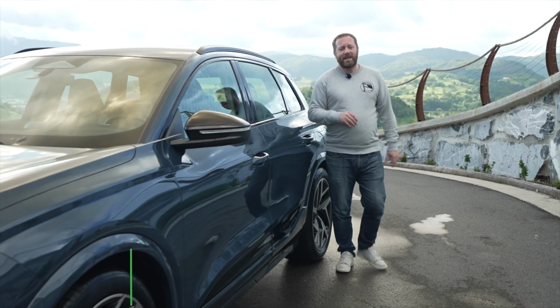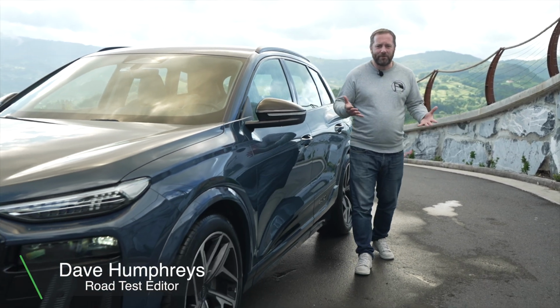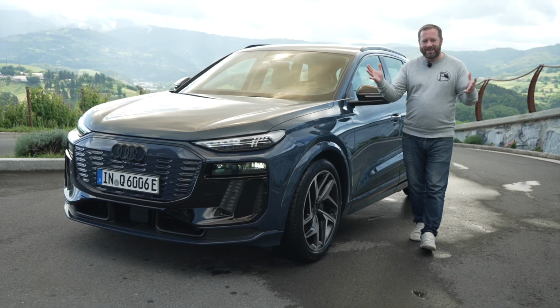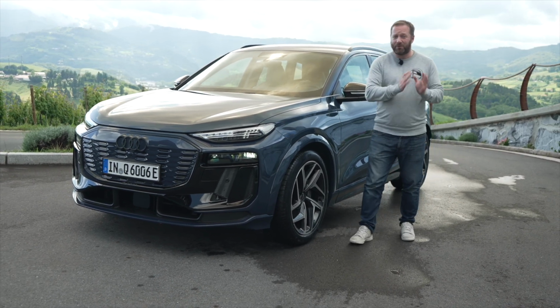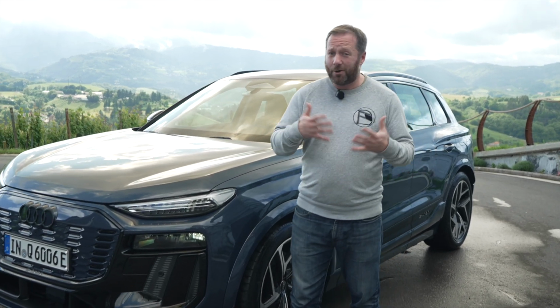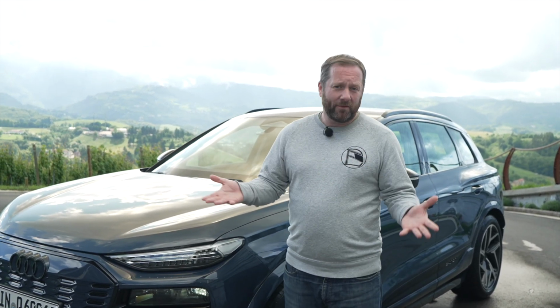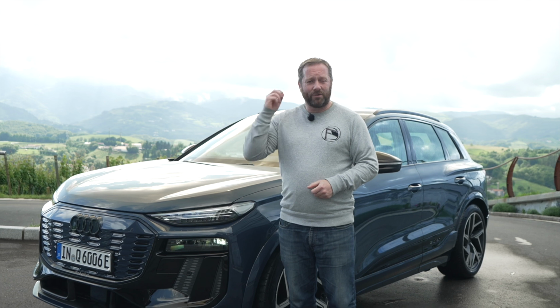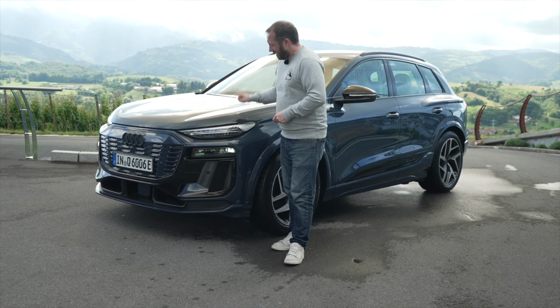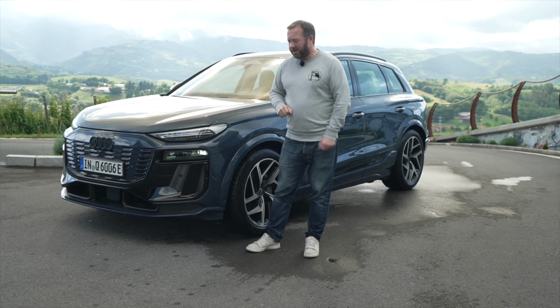Audi is rounding out its electric SUV lineup with this, the Q6 e-tron. This obviously sits perfectly between the Q4 e-tron and the larger Q8 e-tron, which was previously only known as the e-tron, but obviously now they have a lot more models. They wanted to differentiate, so the range-topping SUV is the Q8. This is the Q6, and this is the car that's going to give the Q8 a bit of a headache